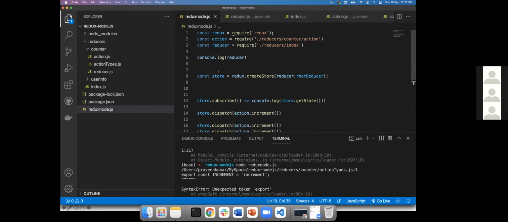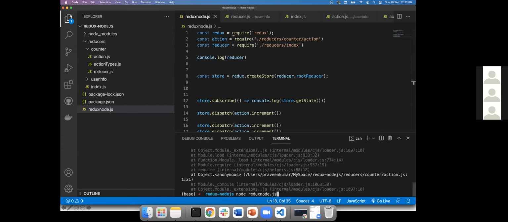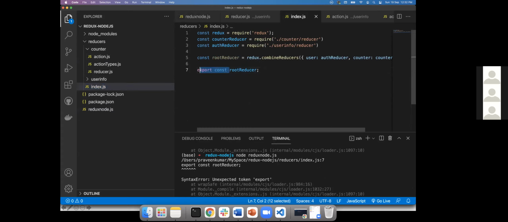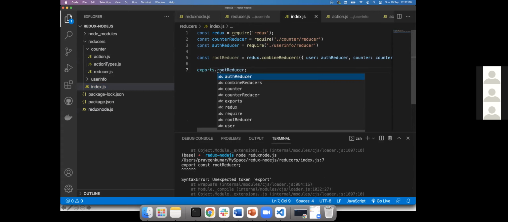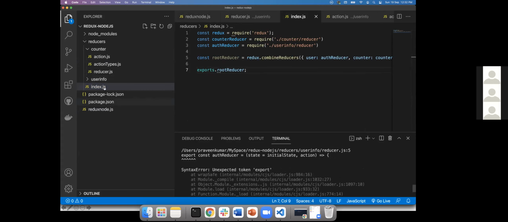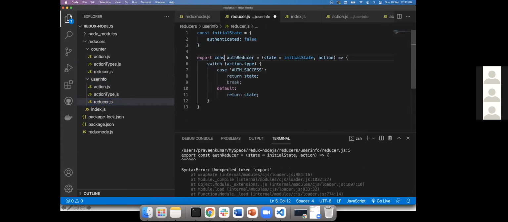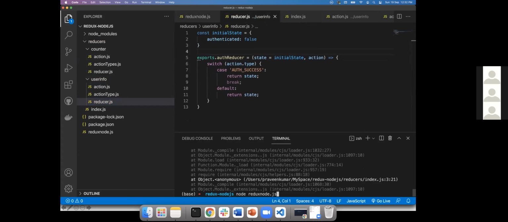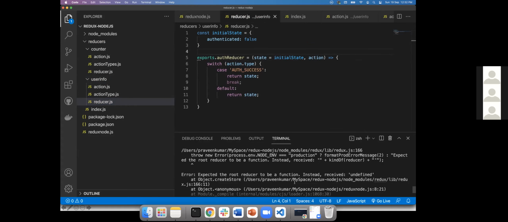So this is all fine. Now this one will solve that error. Now there should be some error coming. Yes, the reducer, right? Index.js, right? So we'll call it exports.rootReducer. Now what is the error? Auth reducer. This is what I hate about this. I shouldn't have gone for this, but anyway. Exports dot. Why is there an error now? I expect a root reducer function instead received an undefined.